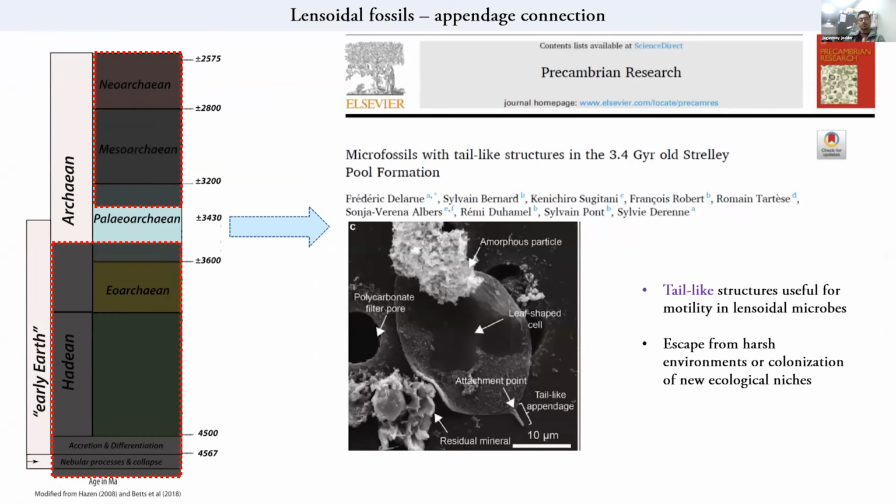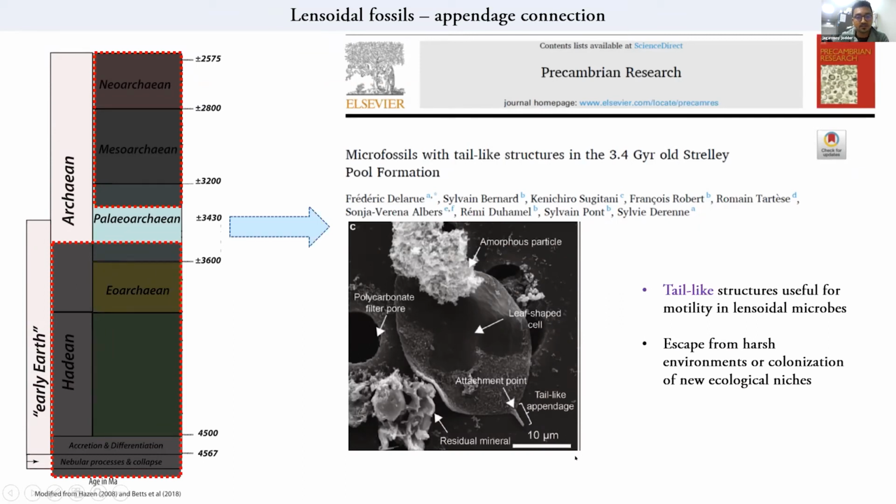Now, I have always mentioned throughout the talk for these planktonic forms to be important, and also their importance of this tail-like appendage. A very recent study confirms that, or rather they argue that this tail has been of huge utility. When I say that, it means that this tail-like feature was rather used for movement. So probably these planktonic forms were at some point escaping some environments because they were attacked by some predators, or maybe they were trying to find some new home or new ecological niche.